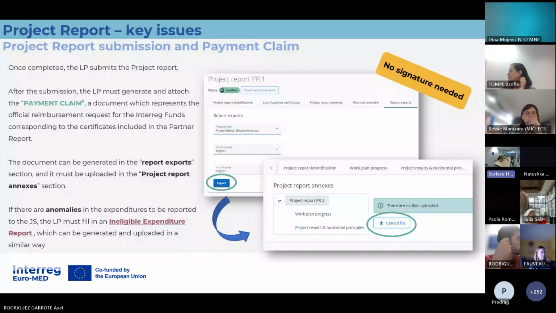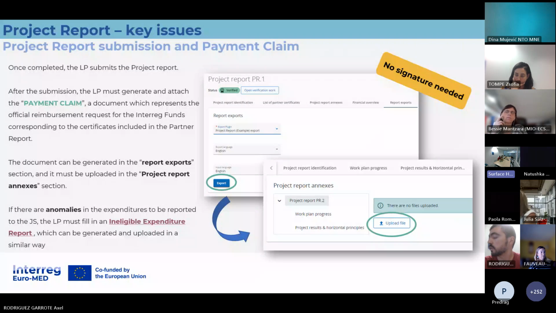There was a question: if there was no certified partner report, what should the lead partner do? If it has to submit on time, then we will see, even if there is no expenditure for any partner. If no partner is declaring expenditures, you still have to provide the project report, because it contains the explanations on the evolution of the activities of the project. So you just provide it with the activity explanations.